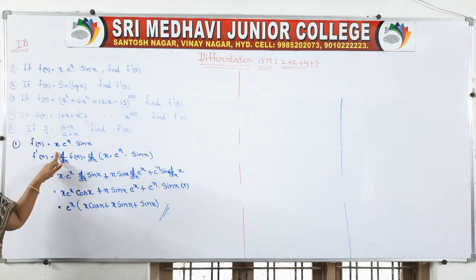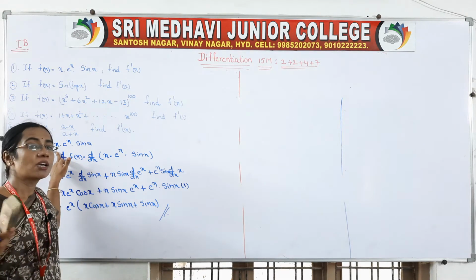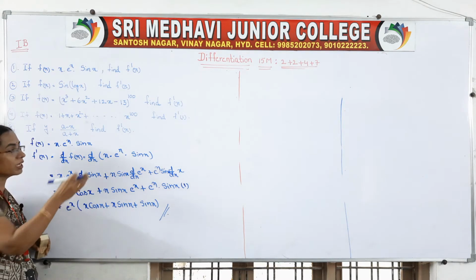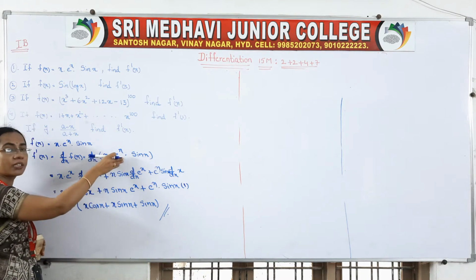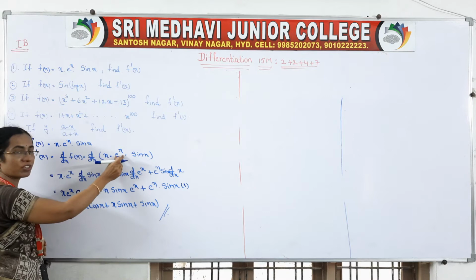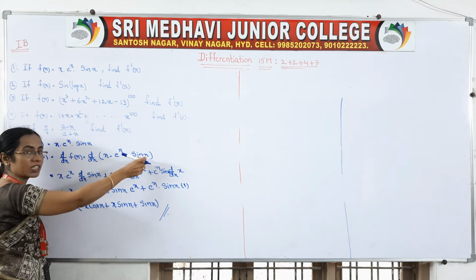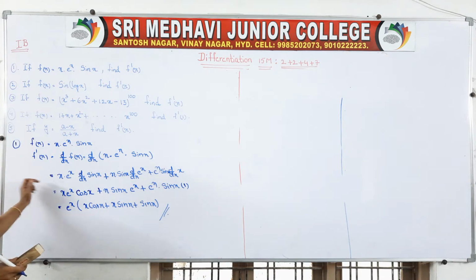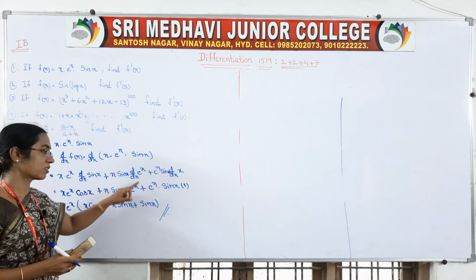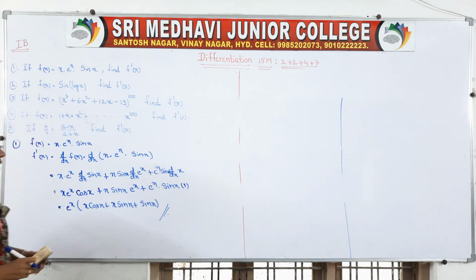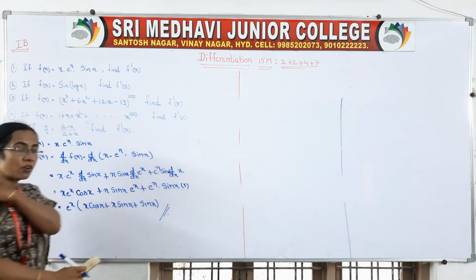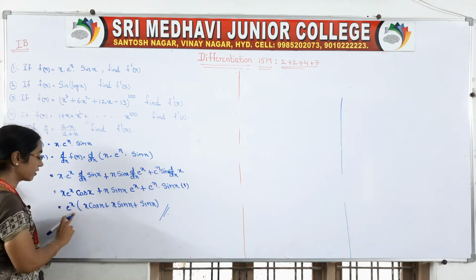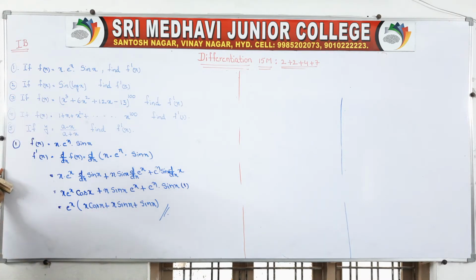We will differentiate the first term keeping the second term as it is, then we will differentiate the second term keeping the first term as it is. So here also the same thing: you differentiate one term, keep the remaining terms as it is. Next you differentiate this term keeping the remaining terms as it is. Next you differentiate this one keeping the remaining terms as it is, and apply the formulas: d by dx of sin x is cos x, d by dx of e to the power of x is e to the power of x, and d by dx of x is 1. So those are the formulas. After that, observe if anything is common, take it outside. That's all for 2 marks.